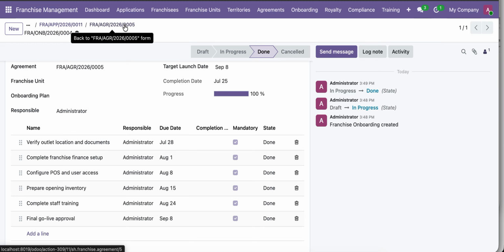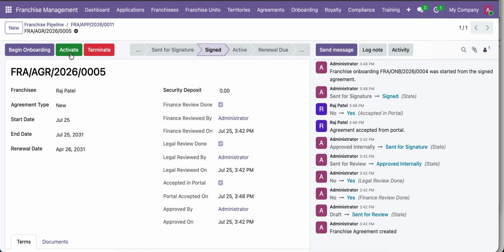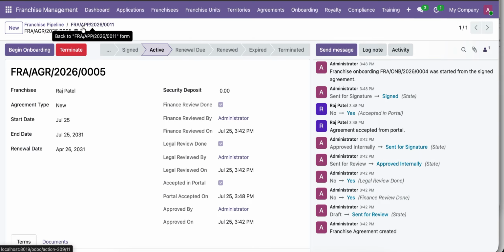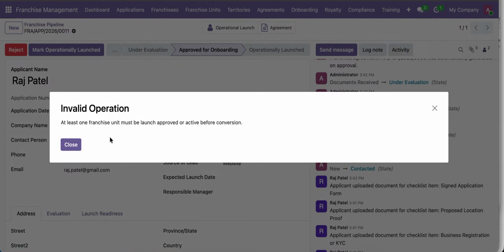Once the onboarding is completed, the agreement is signed, and the unit is fully ready, the business can move to the final stage, which is operationally launched. Now you have to activate the agreement again and mark the application as operationally launched. But before marking it operationally launched, it must be connected with one franchisee unit and that unit must be approved or active